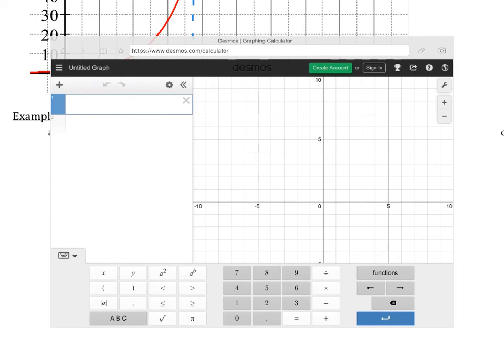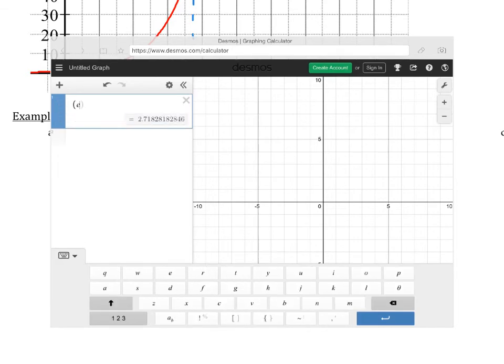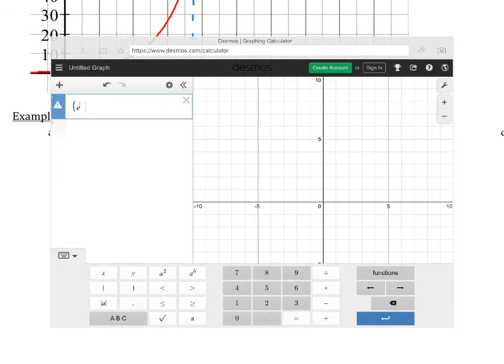Probably an easier way to do this is in Desmos. We're going to do the same thing. I am going to put parentheses. I'm going to go to the ABC. I'm going to go E, back to this, e to the fourth, arrow out. Oh, actually it was e cubed. So e cubed plus 4, and then divided by 2. So it's about